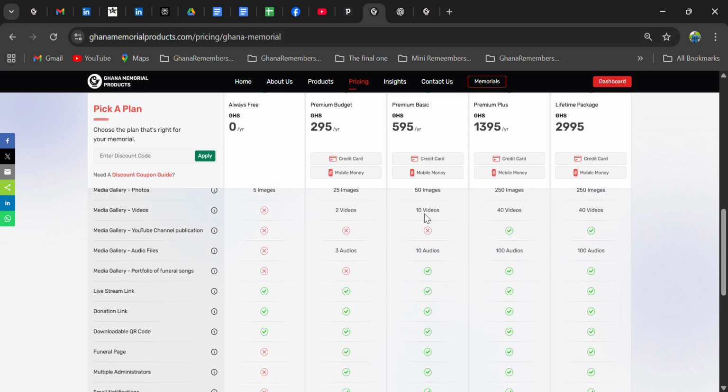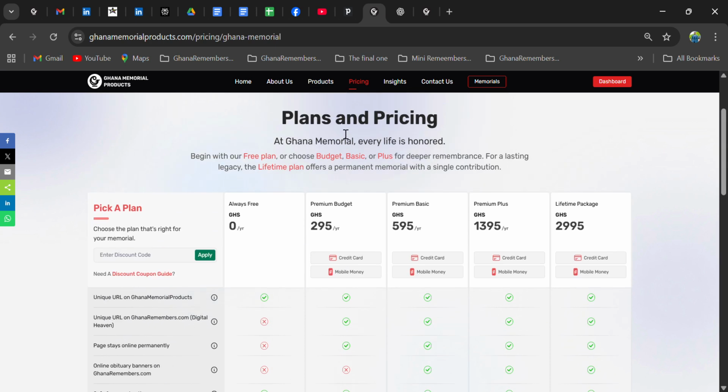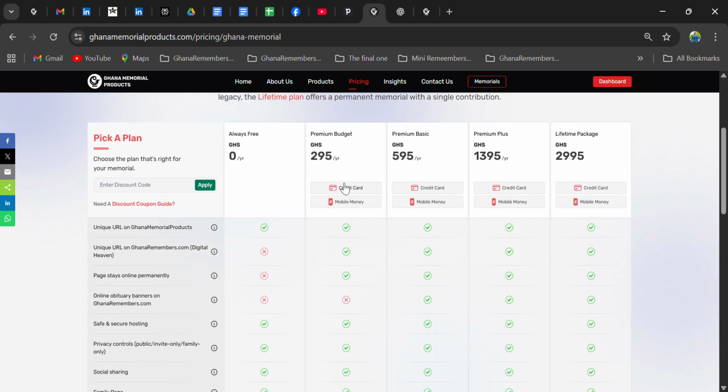So all you need to do is to take a moment to review the packages and then select the one that best fits your family. Once you've chosen a package, you select the plan to continue. For instance, if I want to make payments on a premium budget, I select the plan to continue, and then